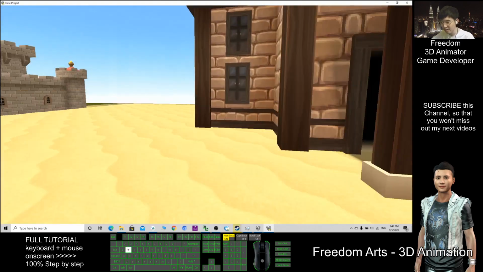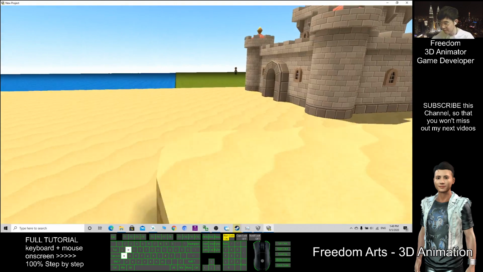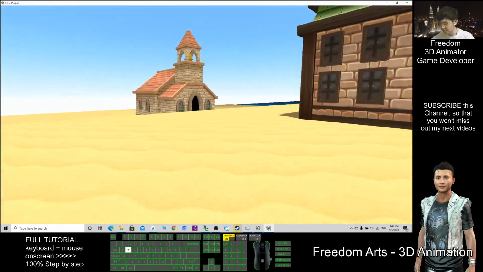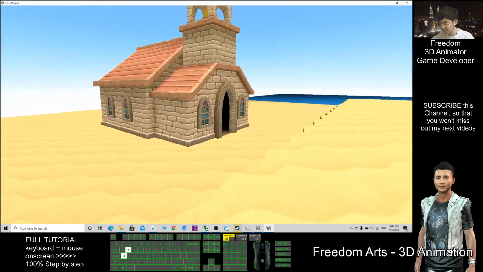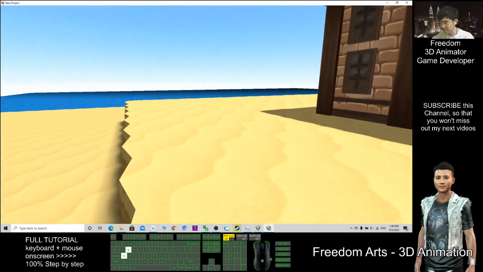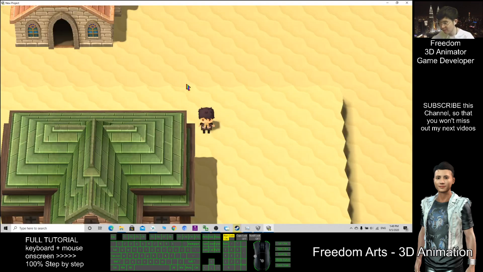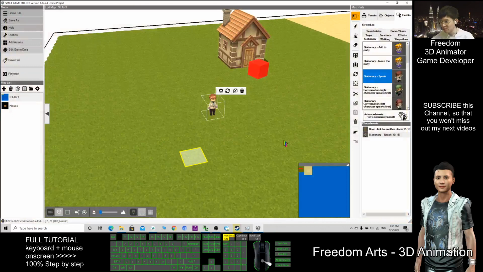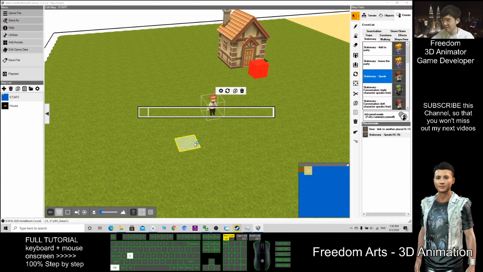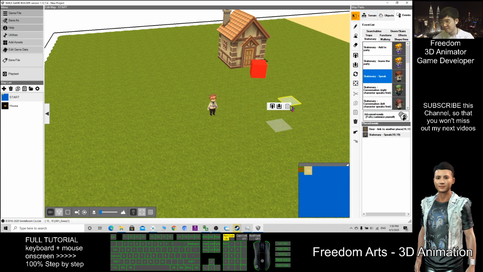The stairs we will not try yet. Alright, so now I'm going to close this and go back to the game editor. I save it. This is how we create the conversation, how to change the characters. Alright, besides that, we can also create